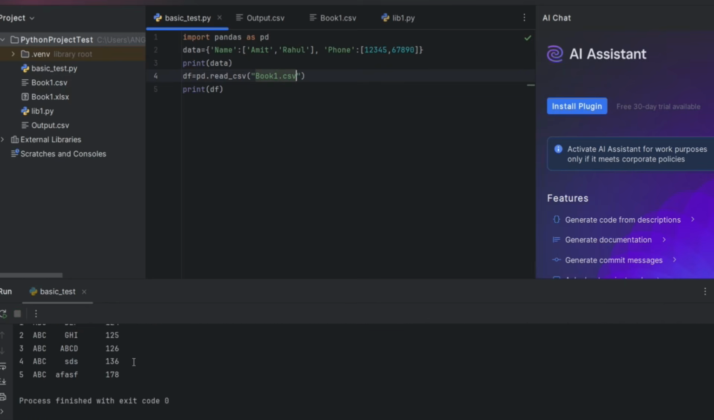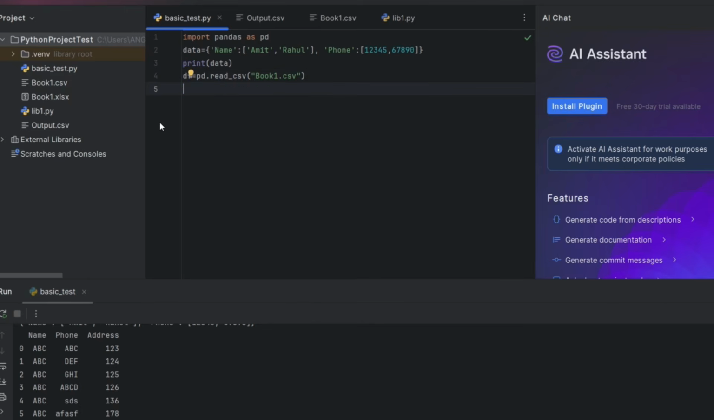See, now it's showing the data from that file, right? So these are two ways that you can create a data frame and assign data to it. Now let's say our df has name, phone and address. Now I just want to look at the names. So what I'm going to do is df2 is equal to df dot